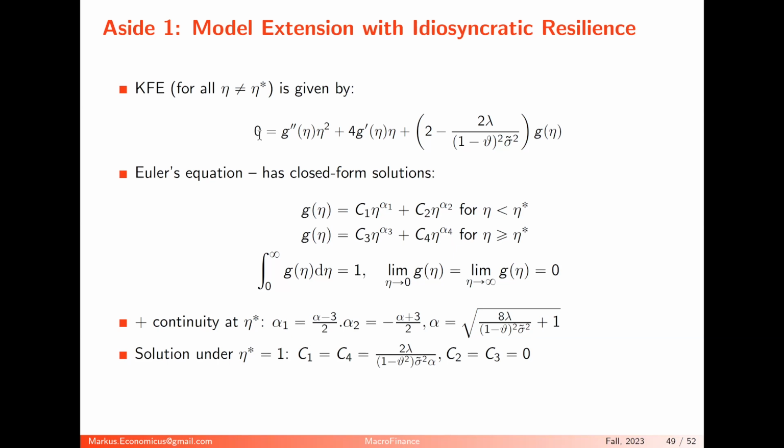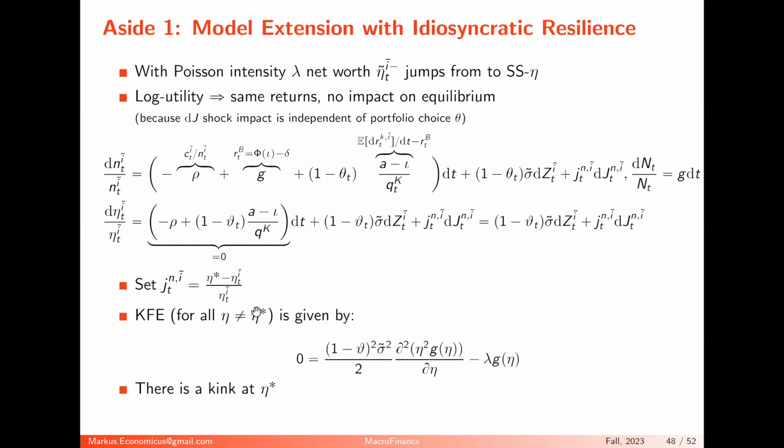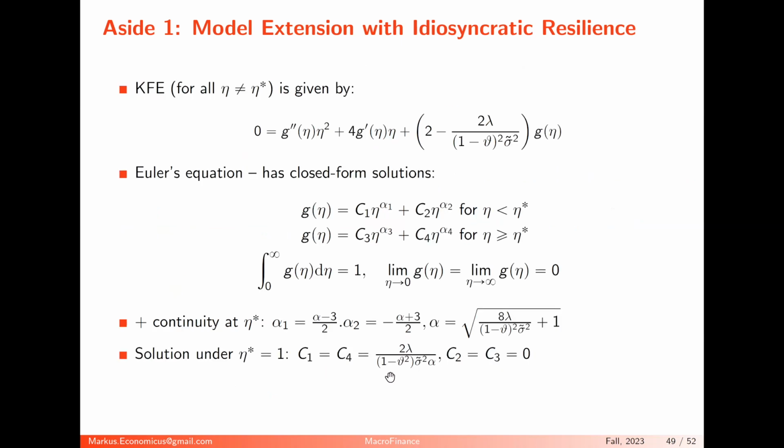And in this one, you can solve this. So if this is the Kolmogorov forward equation, that's the one we have. With a lambda, you jump back to the old one. So this one you can solve in closed form. So this is, Euler did this. No, Euler did this. He was a mathematician who did most of the things. He has an immense amount of theorems proven, and so you can solve it in closed form.